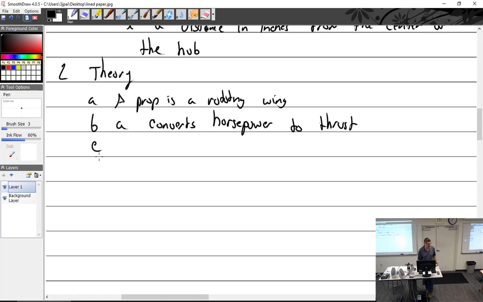And if you look at a blade, which I hope you do someday, you will notice that the prop blades aren't the same at every station. Now we know what a station is. It's measured in inches. If you took a 1-inch slice of the blade from the hub all the way down to the tip, no 1-inch section would look the same. If I took a bandsaw and cut an inch, an inch, an inch, you'd say every single one of these is different. If you did that with a wing, every 1-foot section would look the same, but a propeller does not. There's a reason for that, and it ties in with blade element theory.